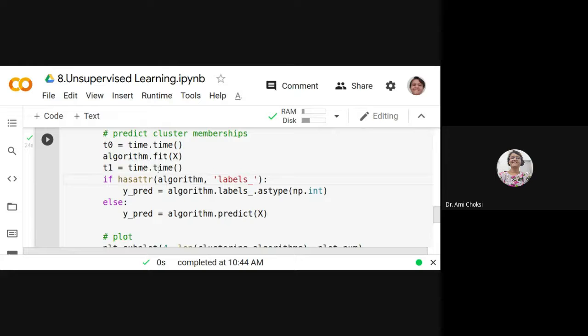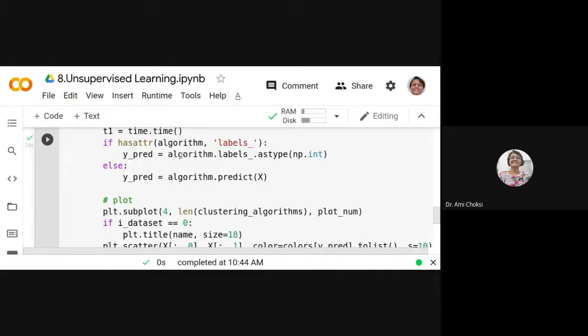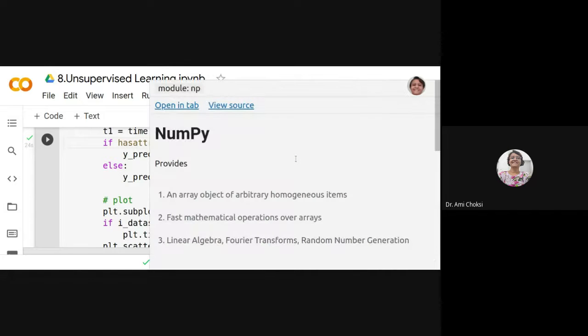So what we are doing is training the model. Now, see, for some algorithms we have the labels, and for others we can have something else. If it has the labels, then we can say y_predict is equal to algorithm.labels_.astype.